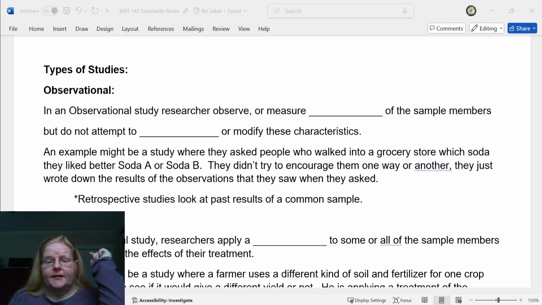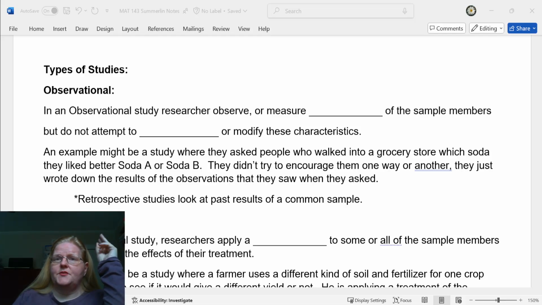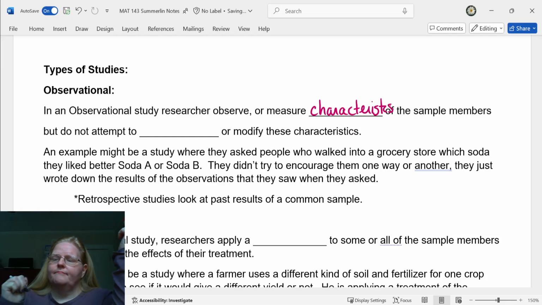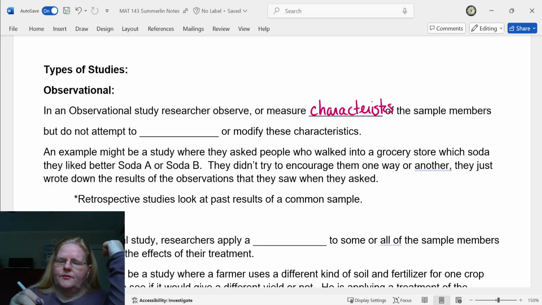So we're back and we're talking about different types of studies. There are two basic types of studies. One of them is observational. In an observational study, you research and observe or measure characteristics of the sample members, but do not ever attempt to influence